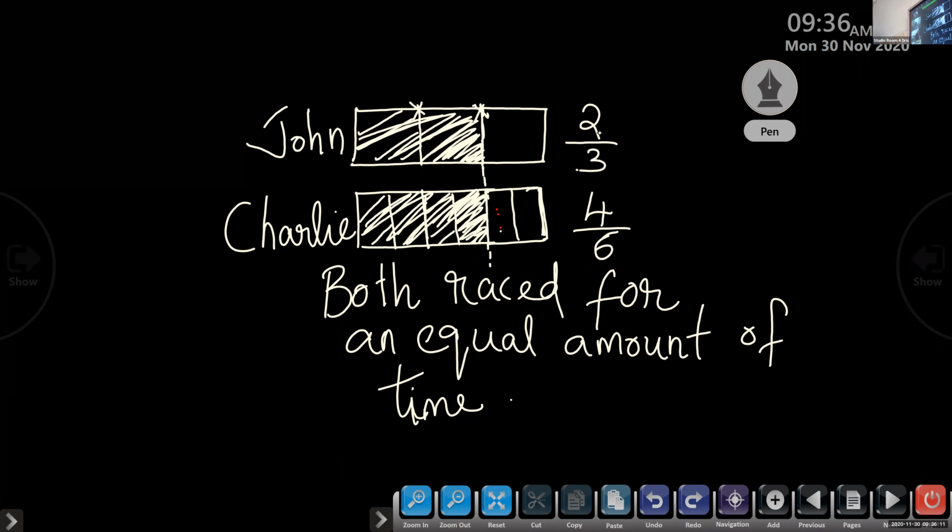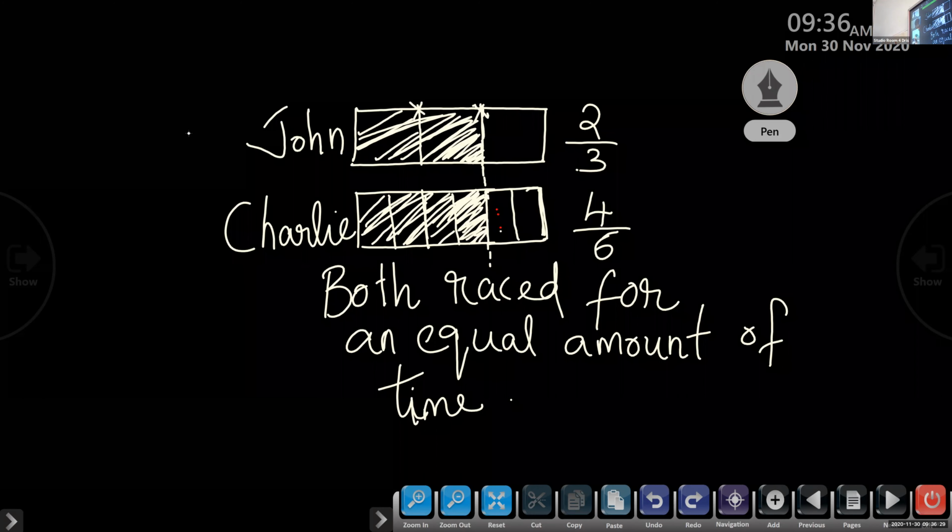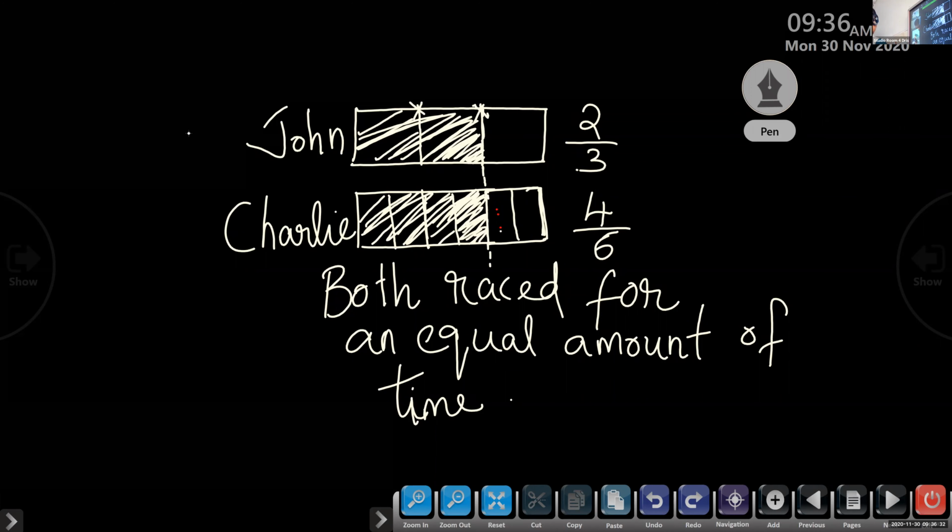Okay. Next one, we can do it now. Question number 20A, we can do now, B in the next class. Okay, children, I hope you have finished. Nora, can you read question number 20A? Ronnie has two cardboard pieces of the following shapes. How can he shade each shape to show the fraction 2 by 6?